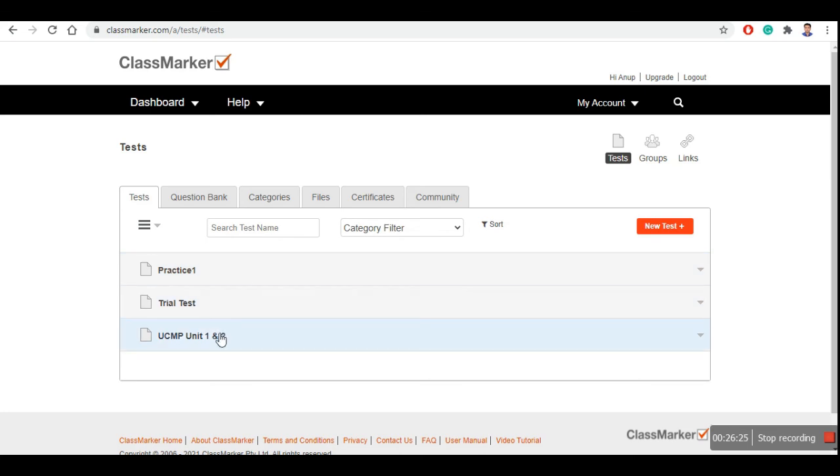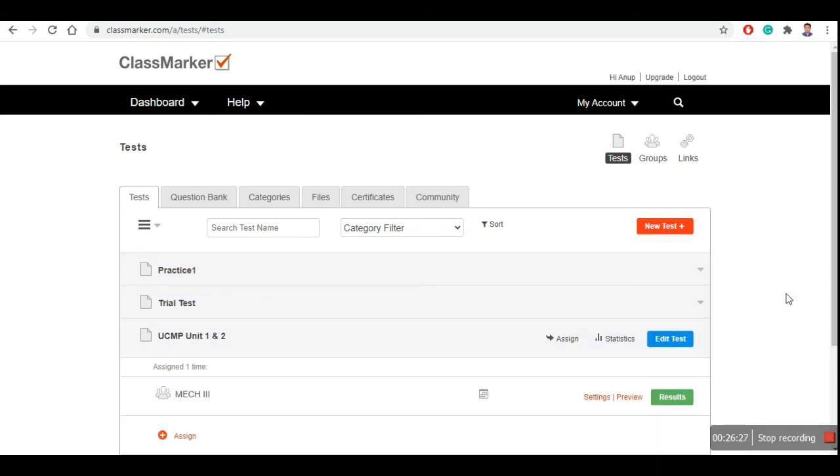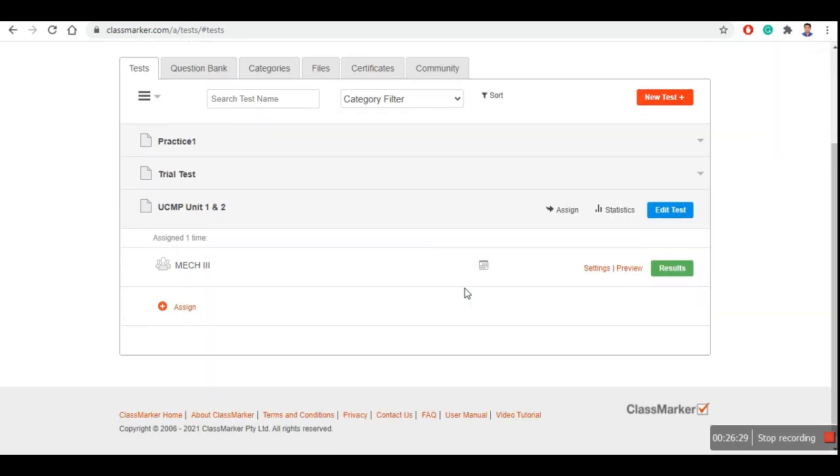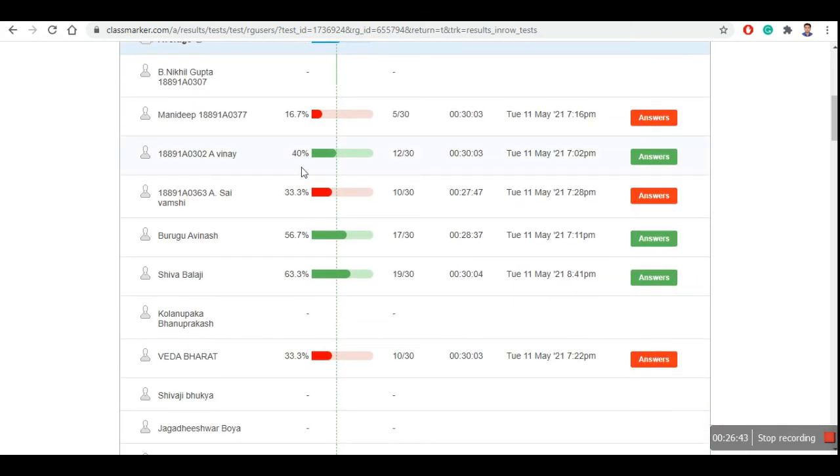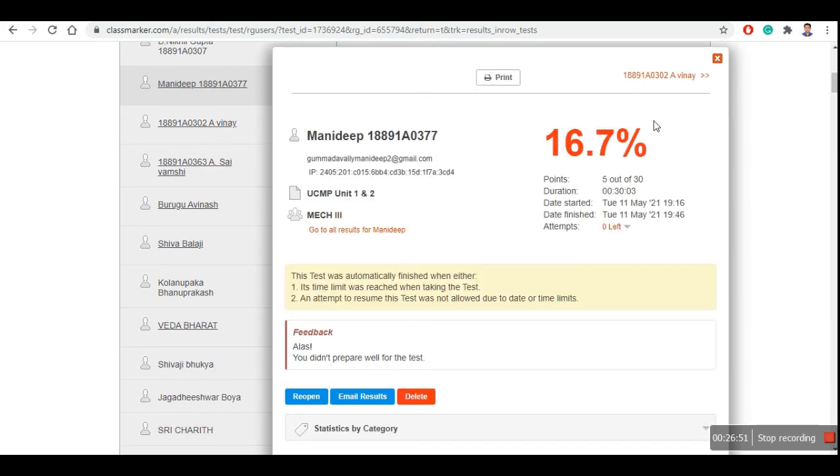So here I have conducted a test. Once students have done it, you just come here. Some time I have already given, and now it is not available, this test is already over. Once the test is ongoing or over, you can check. You can just come to result, and you can find who has failed the exam, who secured how many marks, and you can check which questions they answered, whether they answered correctly or wrongly, all these things.